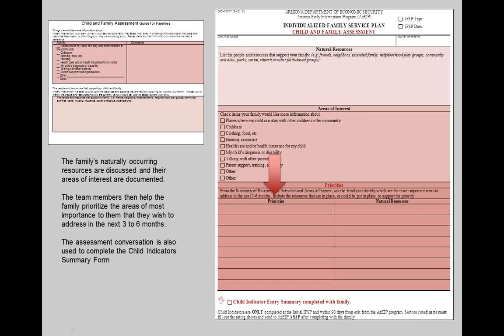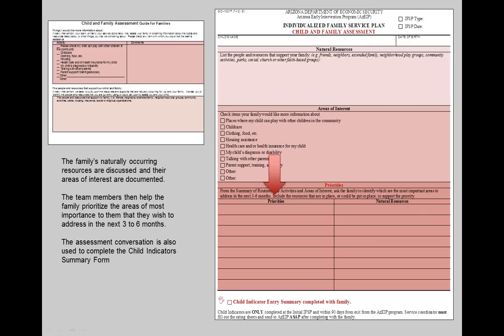If the family agrees that these are still their priorities, the team proceeds to developing the outcomes and the rest of the IFSP. If the family has new priorities, the service coordinator adds them to the priorities list, and then the team proceeds to developing outcomes and the rest of the IFSP.